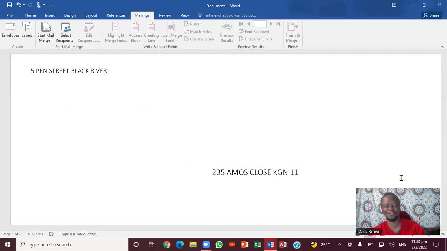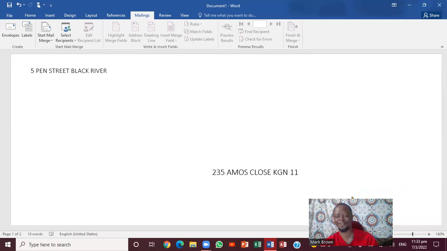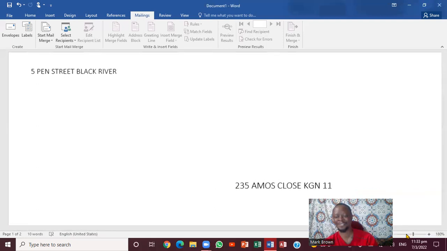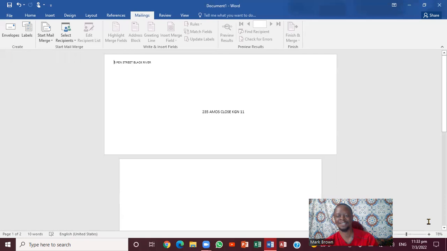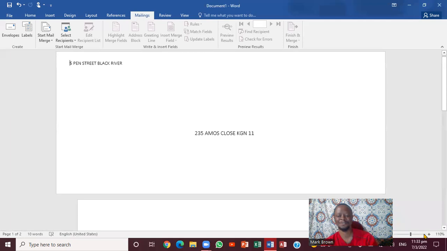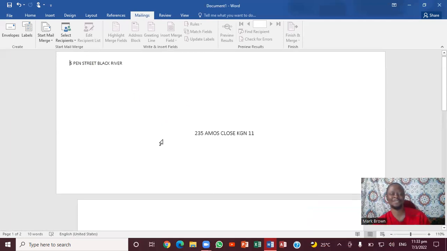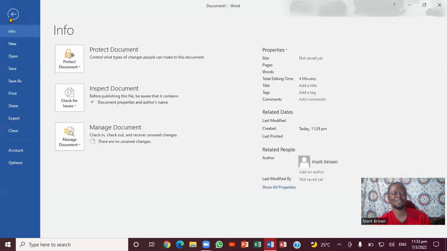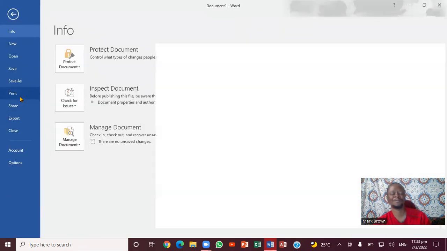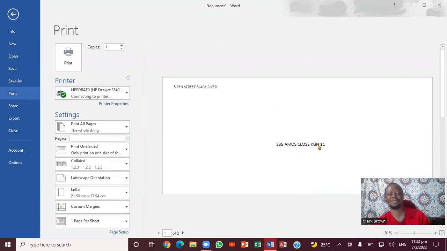So this is exactly how it looks. Let me bring it in a little closer so that I can get a better look at it. If you notice right there, I can see it carefully. So that is one of the ways you can do it within this Microsoft Word document. You can simply come like this and click on File. If it's suitable, you click on Print. Just the same, you notice Print is way up here. So just click Print,